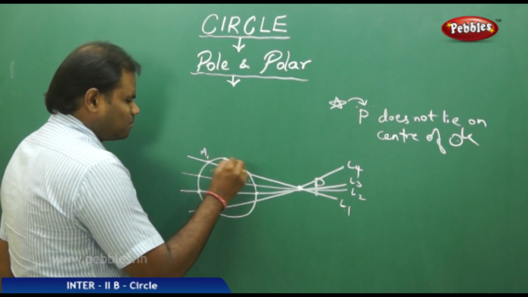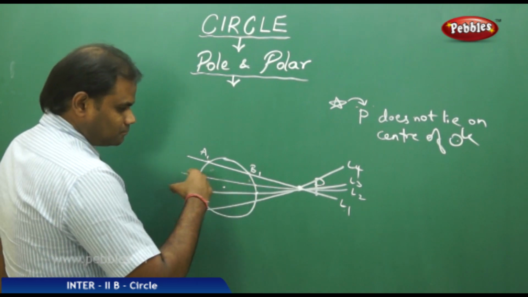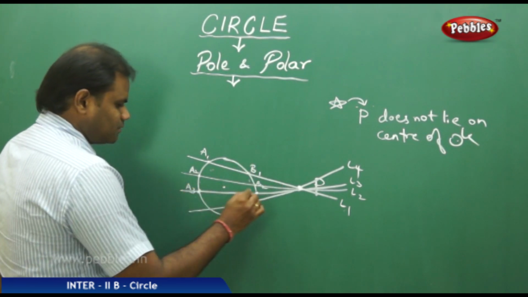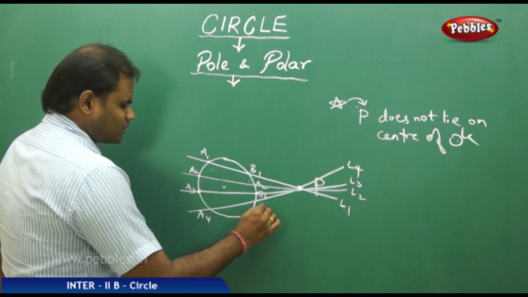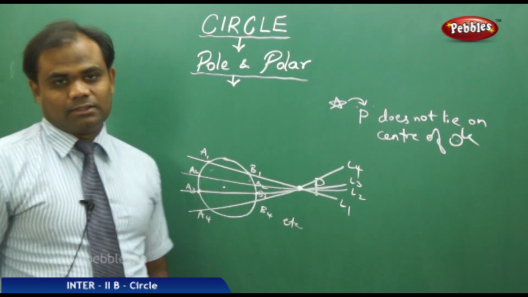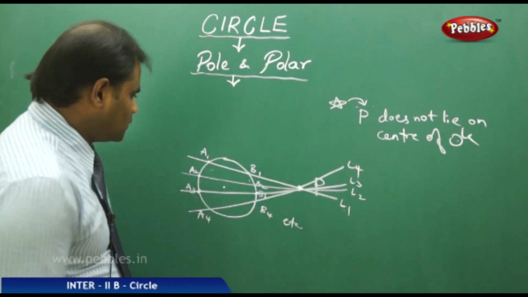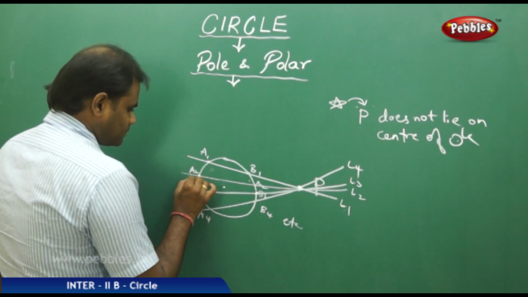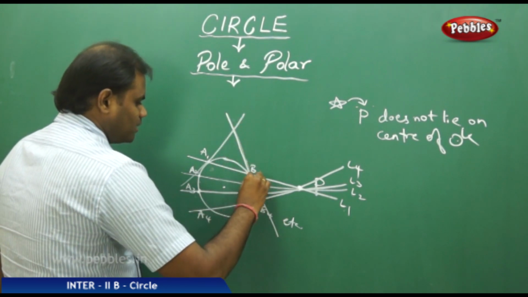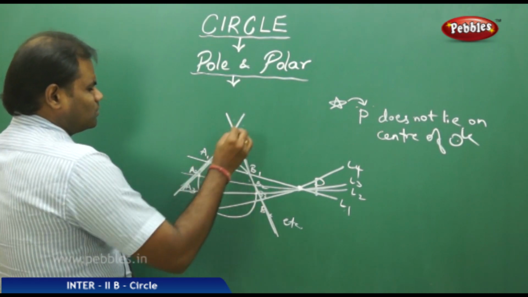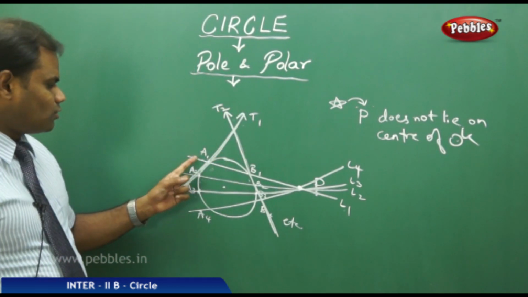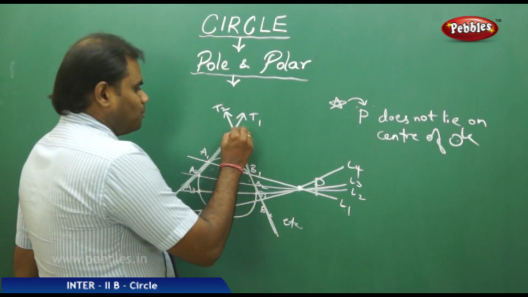Say line L1 makes the points of intersection A1 and B1, and the line L2 has A2 and B2, then A3, B3, A4, B4, etc. Now this is going to have infinite lines which pass through P and cut the circle. Now let's find the locus of these points of intersection, that is when I take the tangent drawn at A and the tangent drawn at B. At A1 and B1, there are two possible tangents which I can draw to the circle. One is T1 and the other is T2. So for the tangents T1 and T2 drawn through A1 and B1, we have a point of intersection